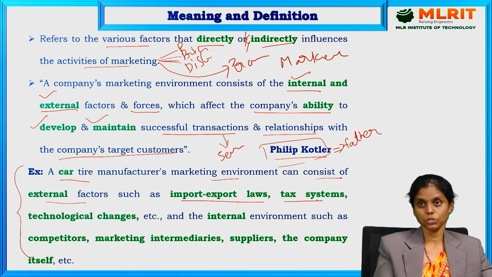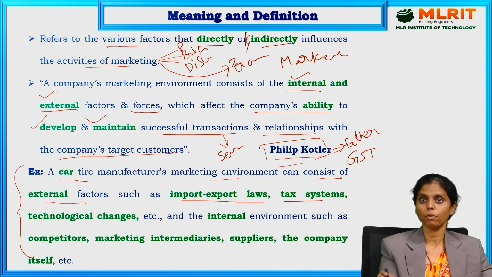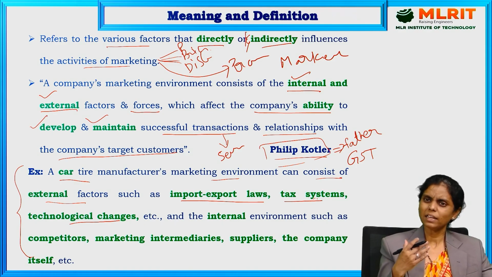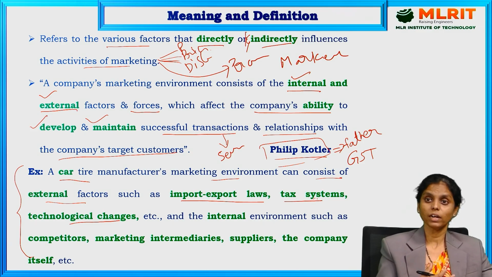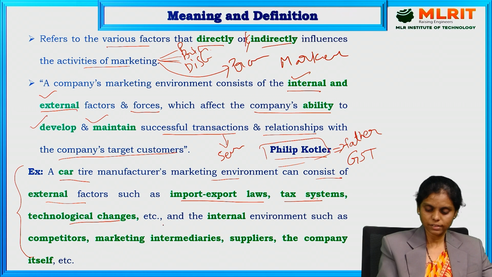What is the taxation system? The latest element that we have is that from the 22nd, GST is going to be changed. So this will influence the pricing decisions and distribution decisions of a product. What are the technological advancements that we have? As the car models are changing, the required elements with respect to a tire might also change. So what are the technological advancements that we have, how effectively can we develop with minimal error, etc. These are all the external factors that we have.